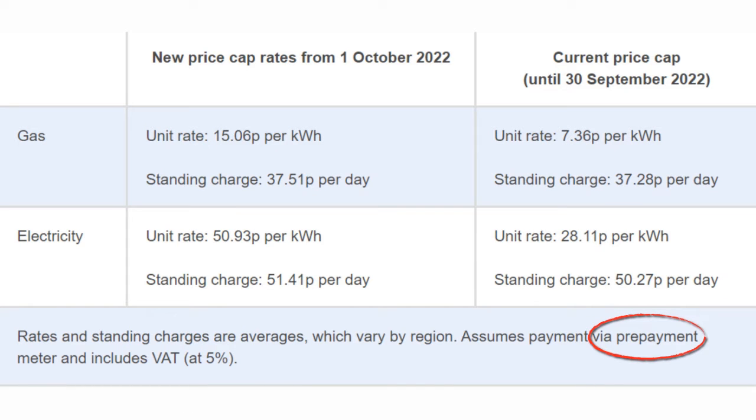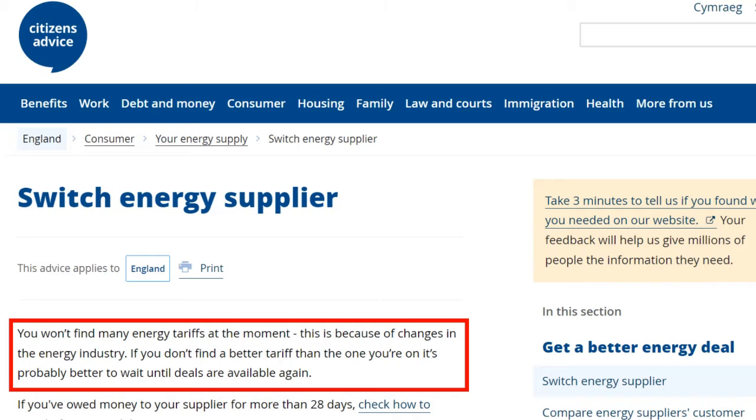Furthermore, Ofgem has announced a £1,591 a year increase to the cap for more than 4 million households on prepaid tariffs, taking it to £3,608 a year for a typical household. Shockingly, there's little you can do to avoid the increase, with no cheaper deals for switchers, even when compared with the newer higher price cap level from October, with further predictions that Ofgem will hike the price cap even higher